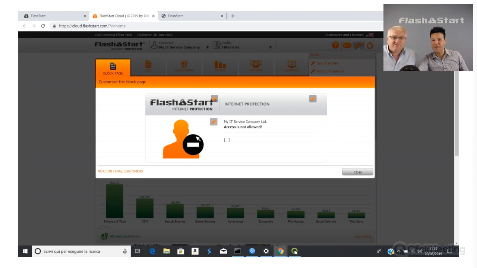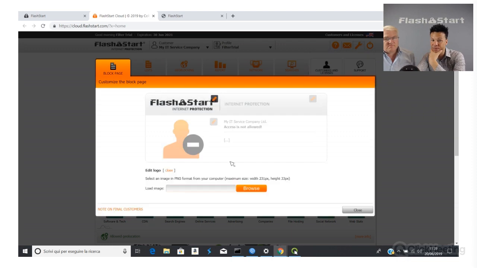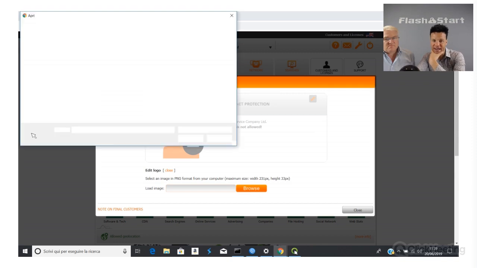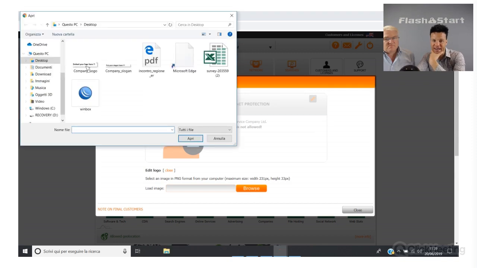So we can customize three different items: the logo, your company slogan, and a nice picture. The system accepts a PNG image for the company logo, browse. I have prepared a fake company logo, just double click, and the system will put it online.